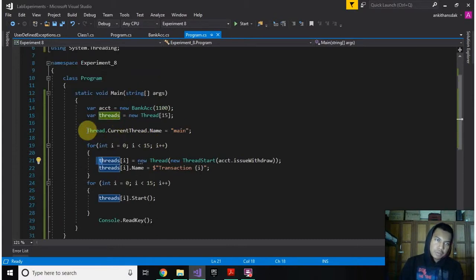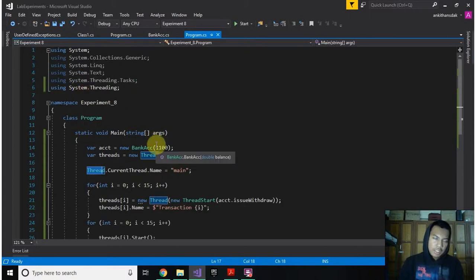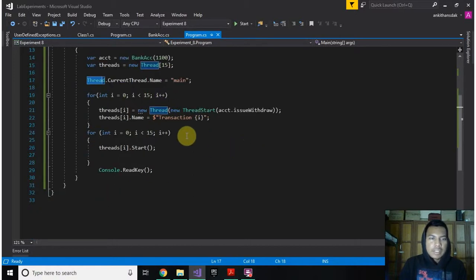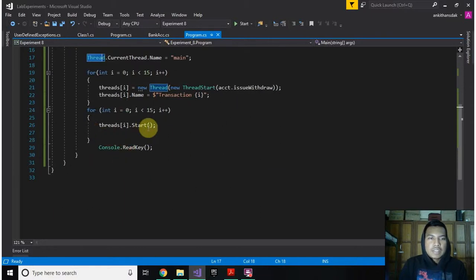a thread object using the Thread class, which is a part of System.Threading. And first of all, I've made an array of 15 threads. Then I have initialized those threads with the function that needs to be called, and finally I have started the threads, all 15 of them. So if we try running this program now,